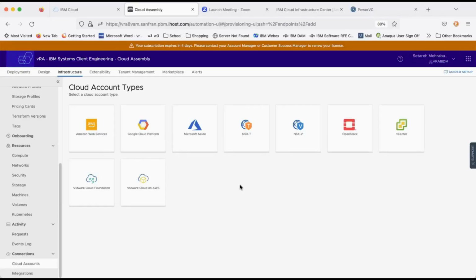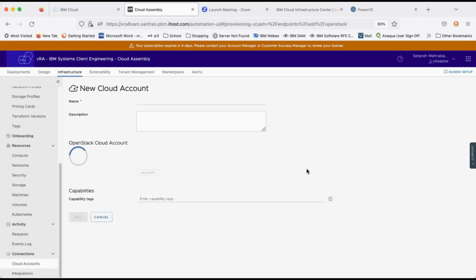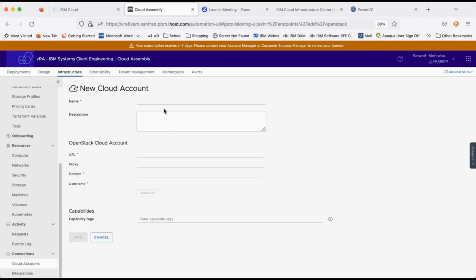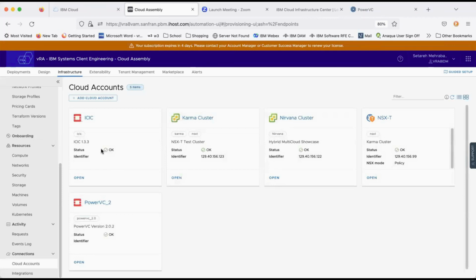Basically, there is an OpenStack endpoint for version 8 of vRealize Automation that's developed by VMware Development. Once you install this, you'll get an OpenStack tile under your cloud account types. You can then configure it to connect to your PowerVC or to your IBM Cloud Infrastructure Center for provisioning to Power and Z. I already have both of these